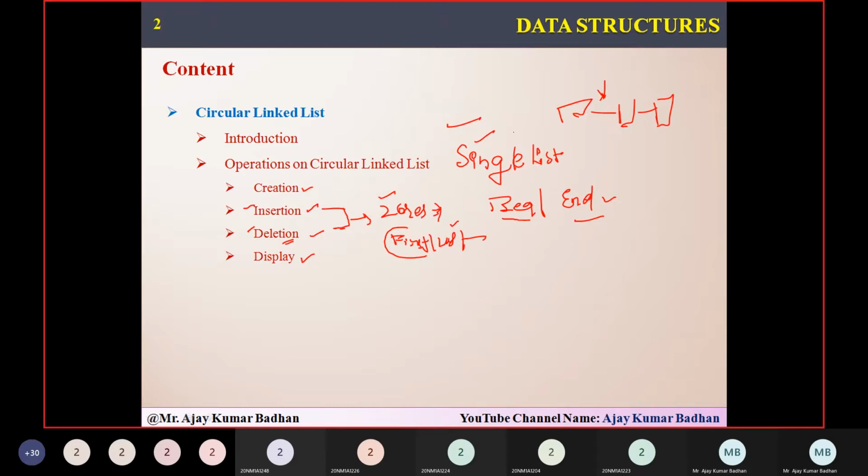But coming to insertion after a particular node or before a particular node, you can do it just like in your linked list. Whatever code we discussed in single linked list, the same code you can use for inserting after or before a given node. In the same way, deleting after or before a given node, you can use the same code.